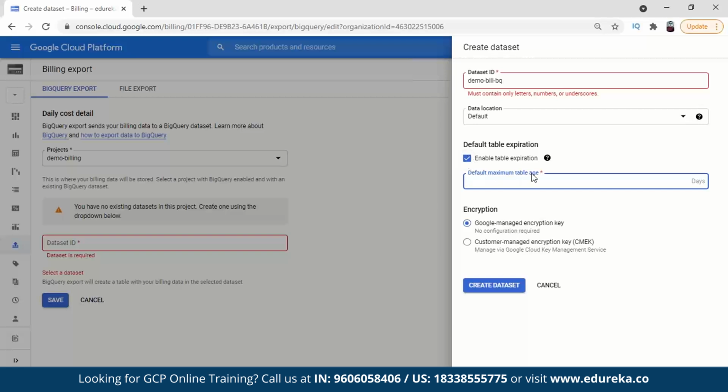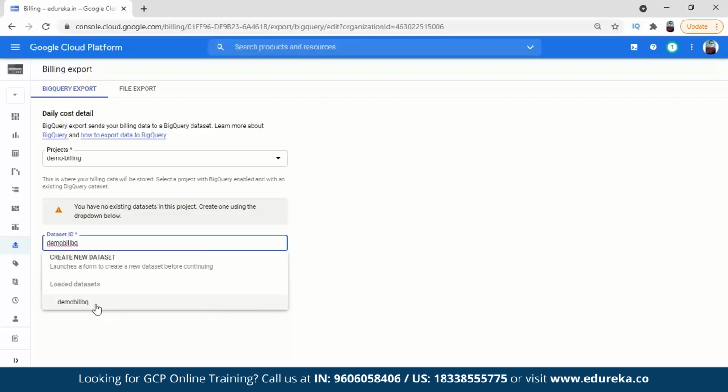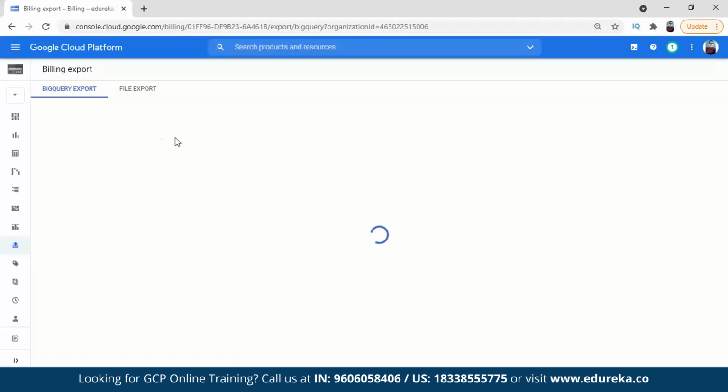Just for a second, you can understand, you can give 10 days here. If you give 10 days, after 10 days all the data under the table will get deleted, and even the table will get deleted. So in that sense you can give the days here, or you can just remove it so that it doesn't expire. Okay, so you can just create the data set. Must contain only letters. Okay, so demo bill BQ is okay. You can create the data set now. The data set is being created, we can choose demo bill BQ, and then save it. So BigQuery export is being created,